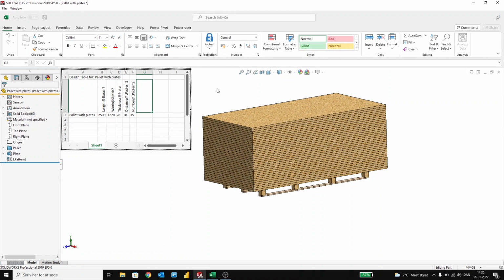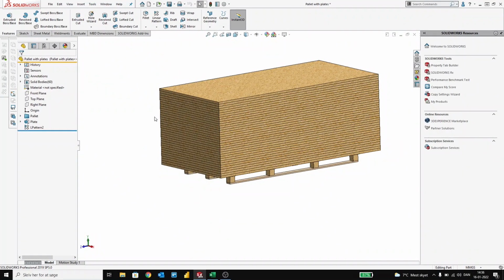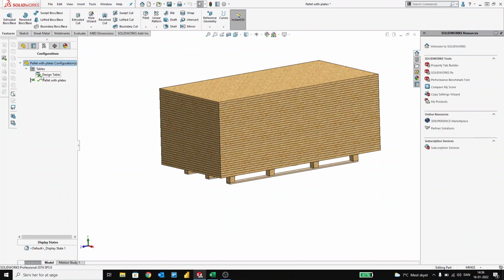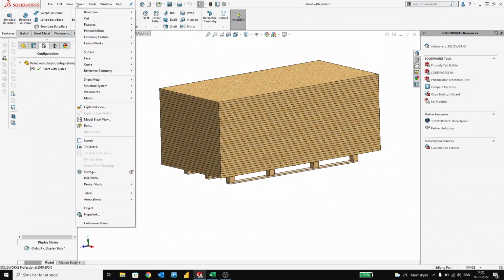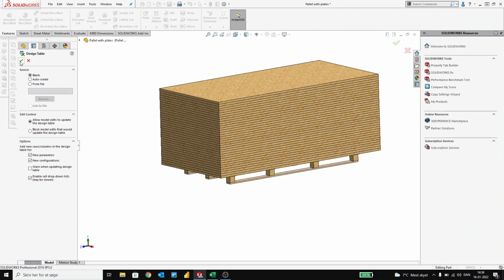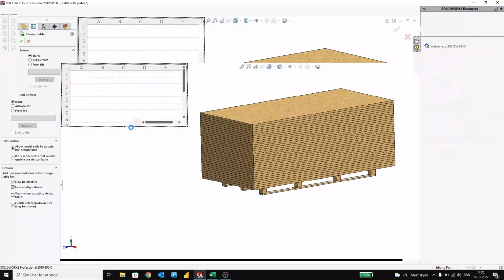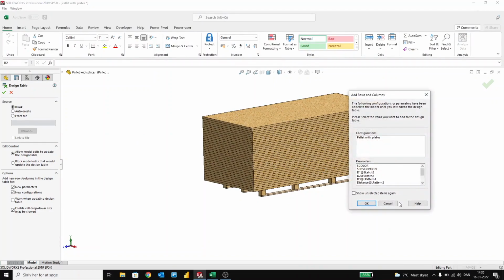I will also try to do it without that. When pressing outside that schema, you will close your design table and just delete it, so that we can create one from blank. So I would like to insert another design table, and I would like to create it from blank. What you do here is that I don't want to import anything. I'll just say OK,